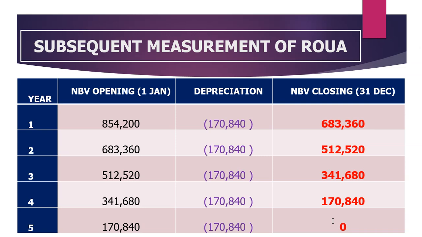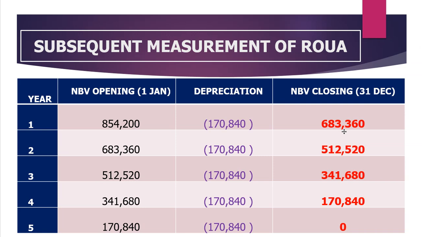Now, after that, of course, as an accountant, you have to report in the financial statements. Which figure goes to which financial statement? If you can start here, the assets are reported in the statement of financial position, the one we call the balance sheet, at their net book values. So at the end of year 1, the right of use asset will appear at its net book value of